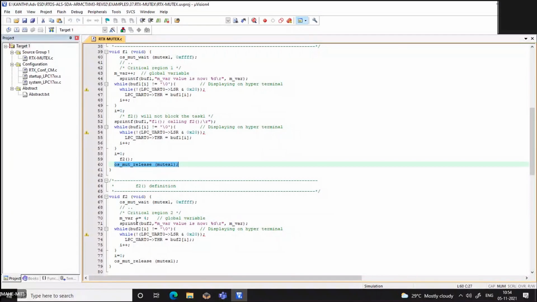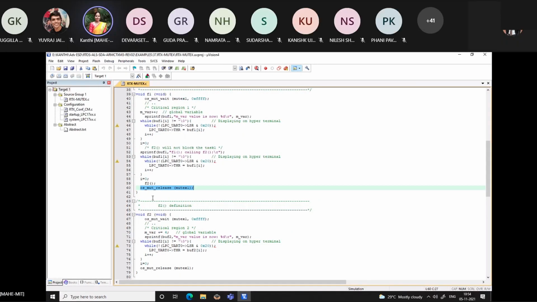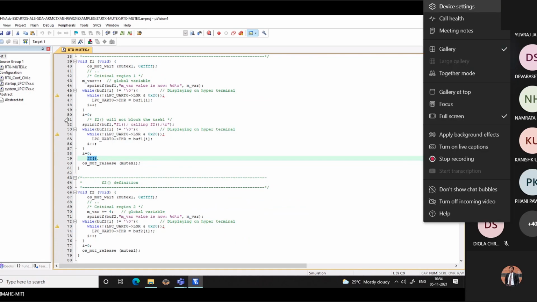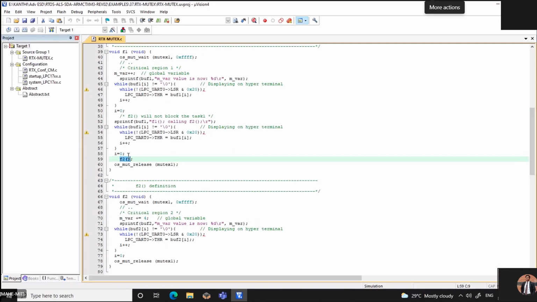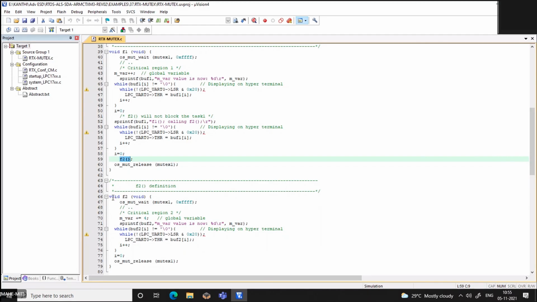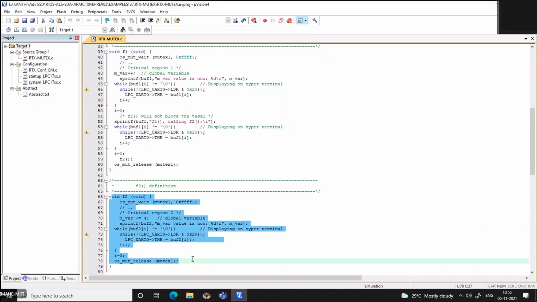How can we avoid this, ma'am? Until F2 is executed, line 60 won't get executed, right? Yes, it's a sequential execution. So you try to call this. Consider anything. Supposing task 2 has started initially, and you call this function, and it enters the critical section, and after it finishes, it will release this. It could be the scenario also.